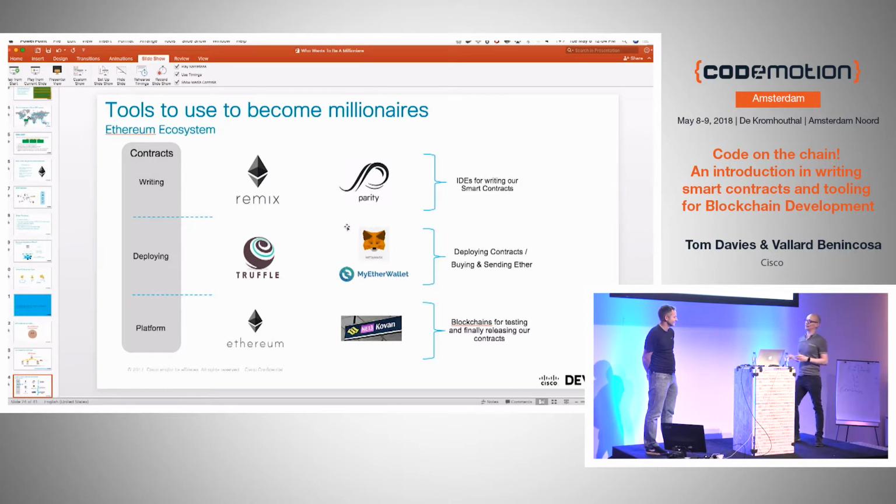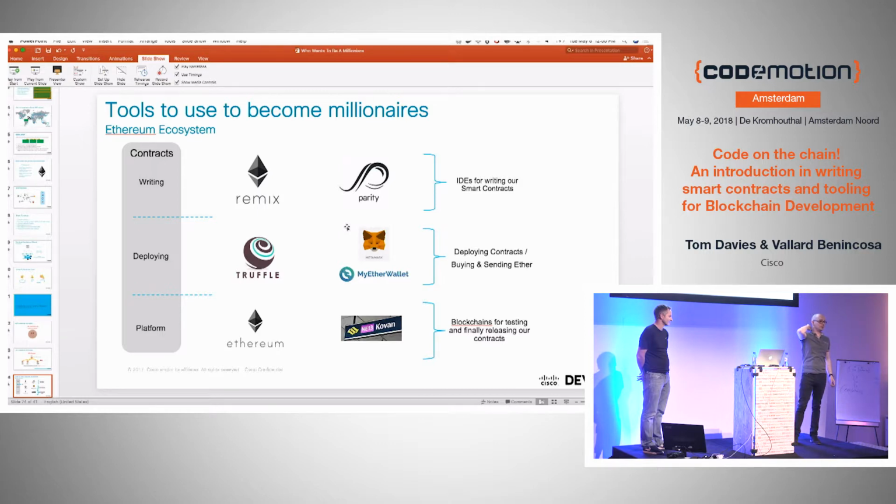MyEtherWallet is brilliant too. It gives really good documentation on how to be safe when using blockchains and contracts, and how, again, not to get fleeced, and what to do and how to store stuff. So if you want to get started, that's a brilliant tool and a brilliant website to go and hit. Yeah, it's quite interesting that you can get started developing, and the only thing you actually need is your browser. You can do all the development inside of a web browser. It's true. I mean, Remix as well bleeds into deployment because that will allow you to deploy your smart contracts too.